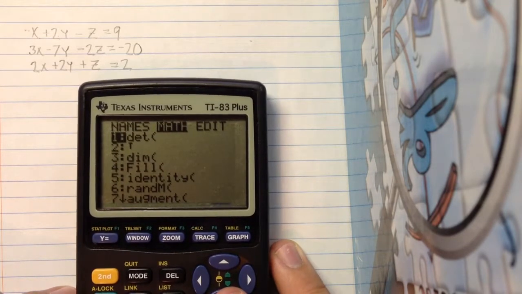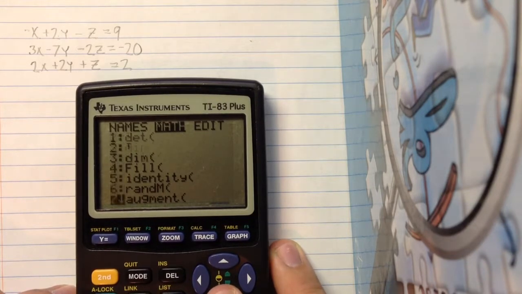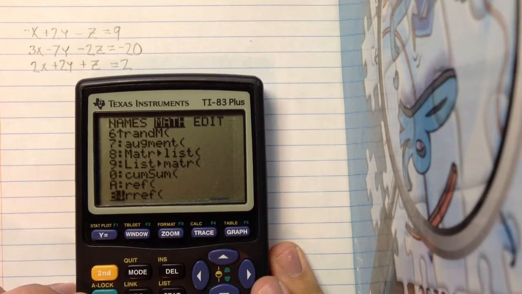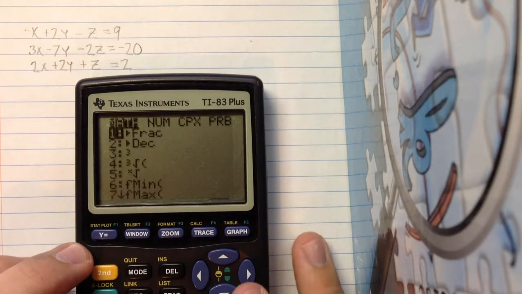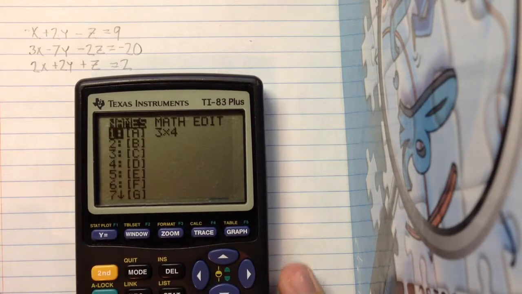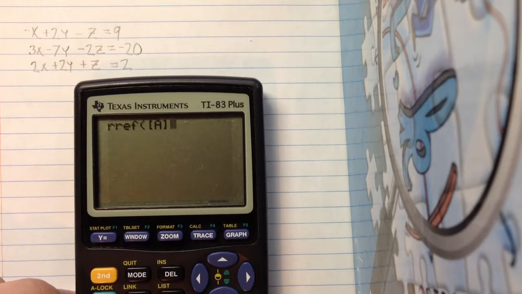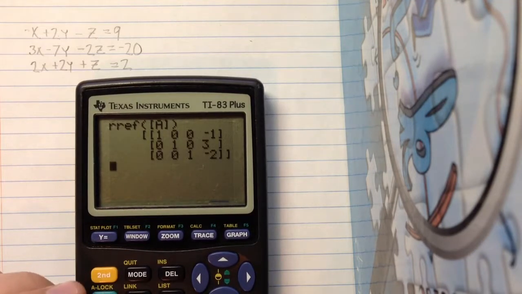This is going to bring up a bunch of operations you can do to matrices, and we're going to scroll down to this option. It says RREF. That stands for Reduced Row Echelon Form. Press enter, and then we're going to take the reduced row echelon form of this first matrix that we just filled out, matrix A. Press enter, close off your parentheses, and when you press enter,